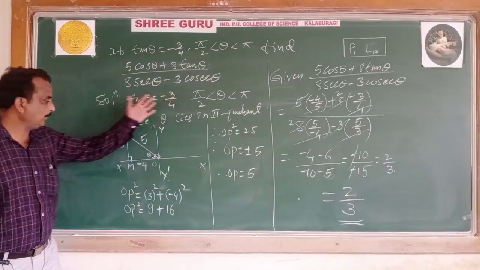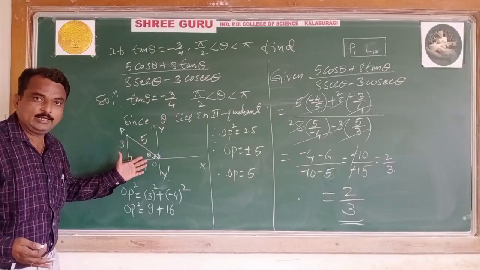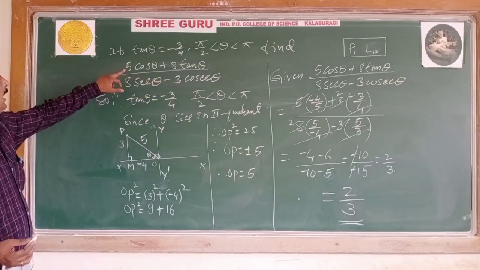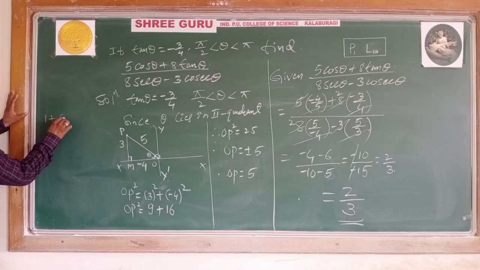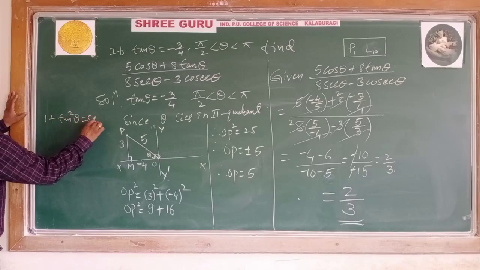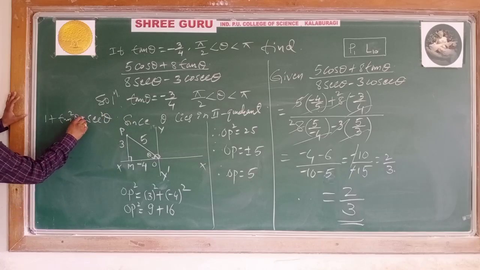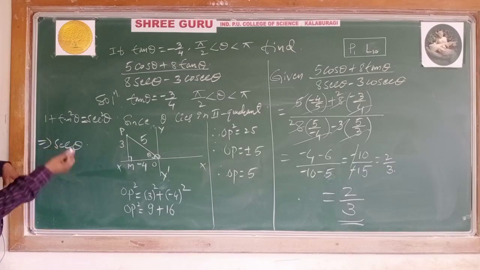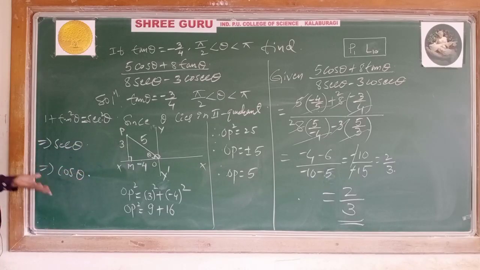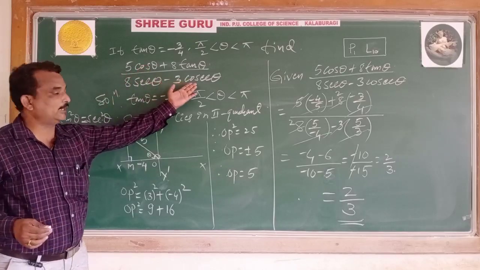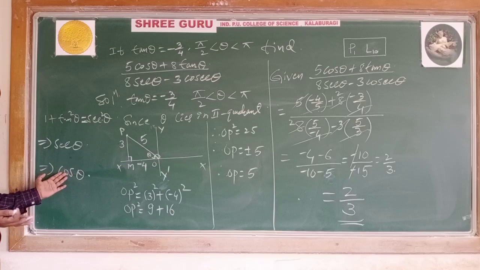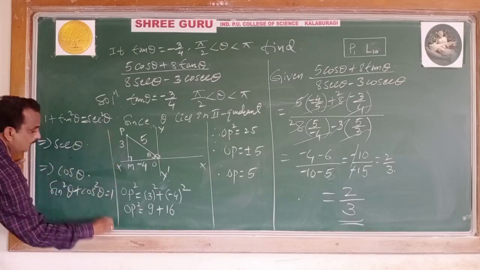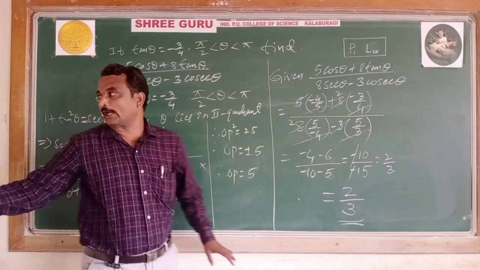Like that you should calculate the example, students. It is very simple. Either use a right angle triangle geometrically, or calculate by using identities. Here tan is given, so you can take 1 plus tan square theta is equal to sec square theta. You will get sec theta, and after getting it you can calculate cos. Then tan is given, and sin you have to calculate after getting cos. By using the identities also, you may calculate.